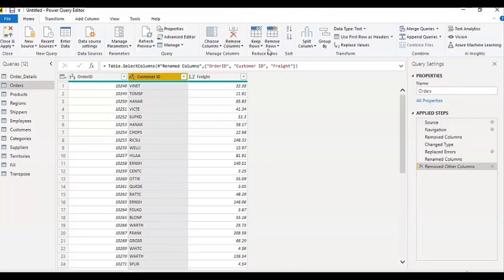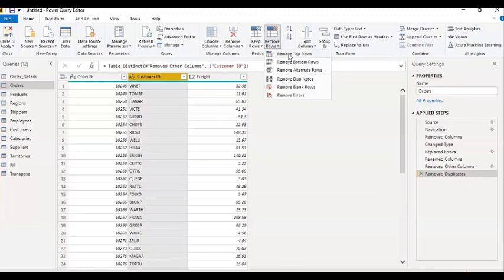Okay. Now, for example, if you want to remove the duplicates from the customer ID, what you can do is select that, remove duplicates, right? So duplicate records have been removed from here. Here you have multiple operations, like if you want to keep the top 10 records, right? If you want to have the top 10, but before that, what I want,